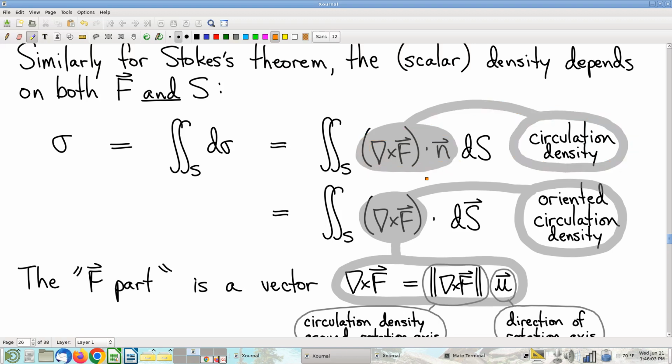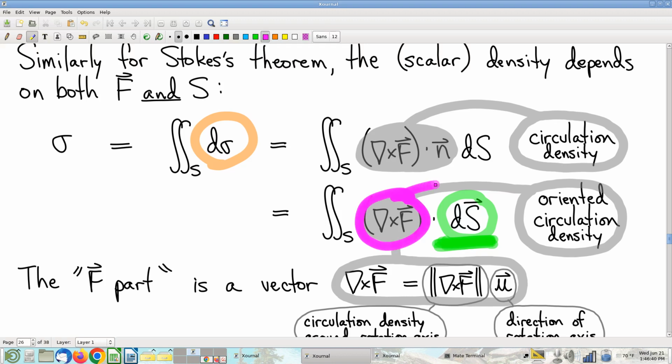Well, let's reconceive circulation not as being per unit scalar size, but per unit oriented size. And again, that's what the ds vector is. It's telling you how big your little piece of surface is, but it's also telling you how that little piece of surface is oriented. It's telling you by the direction that it points how that piece of surface sits in space. So, in the sense that this is an oriented area,